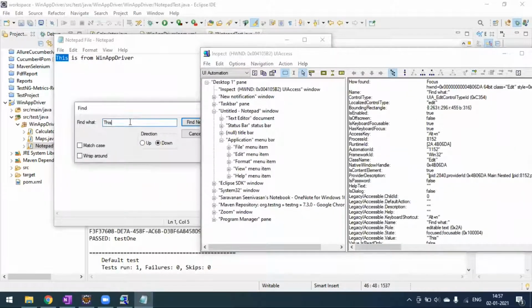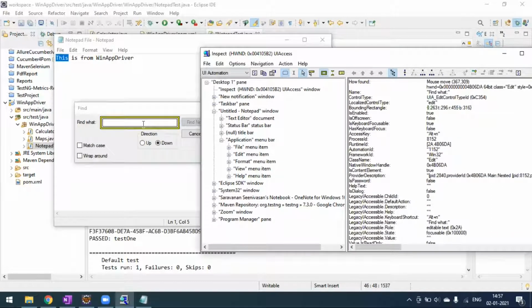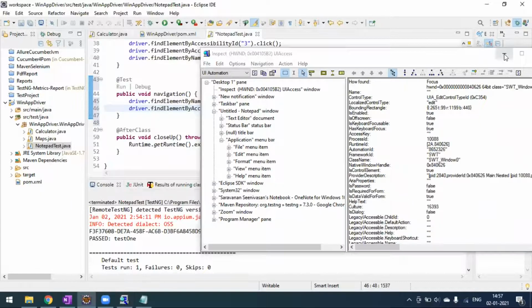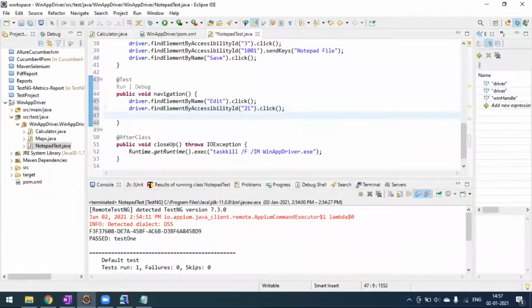have to click on this area, right? This is a text area that we have to click. I will highlight this one. Okay, so for this one also we have an automation ID, 1152, right? So here you can see 1152 is the automation ID. Okay, so we can use this 1152. So 1152 is the automation ID.